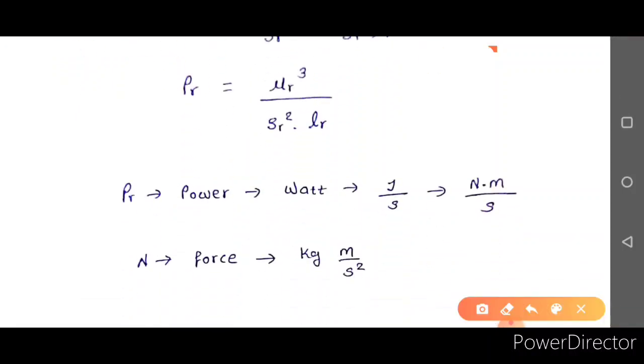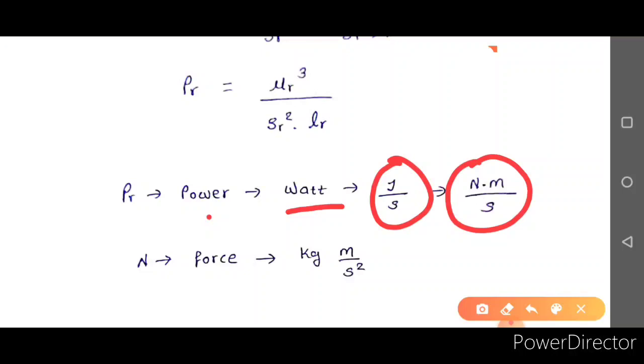If I want to convert power into basic units, what is the unit of power? Watt. What do you mean by watt? Joule per second. What do you mean by joule? Newton into meter per second. If I want to continue further, what is Newton? Newton means kg into meter per second square. So my basic idea is that each and every engineer should at least have the ability to convert any unit in terms of MKS, meter, kg and second. This is the moral of the story.